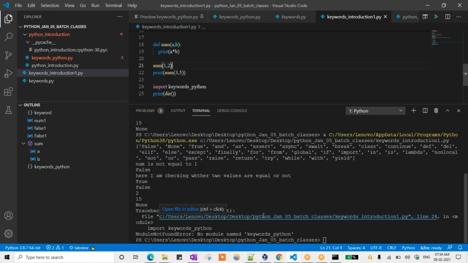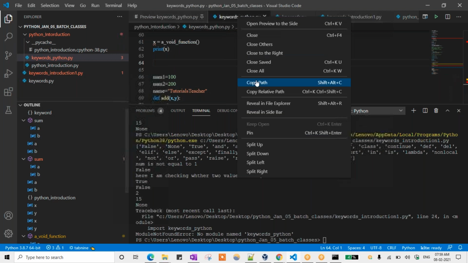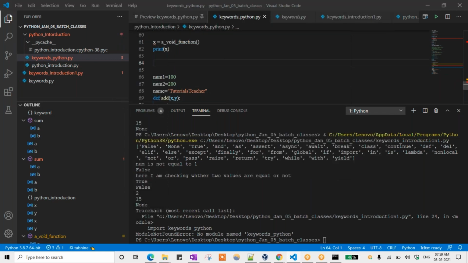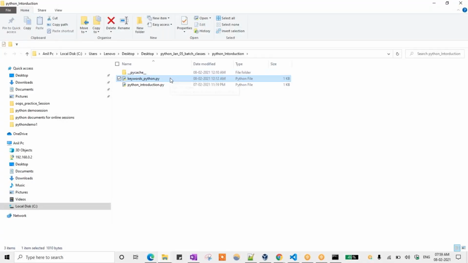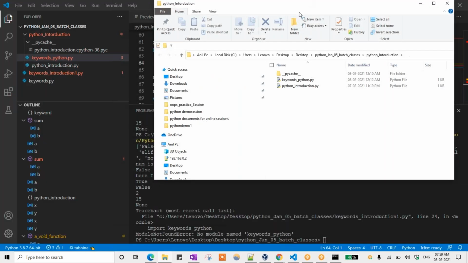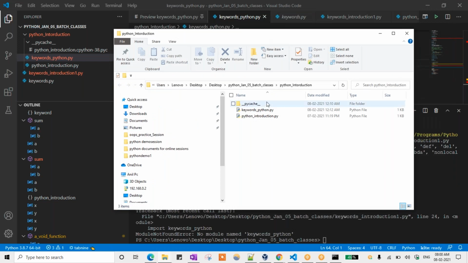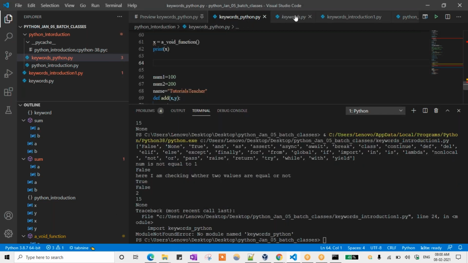Then you can see that. Now what do you mean? keywords_python. This file name is there. I can check it. Copy inside file explorer. This file name, which location before keywords.